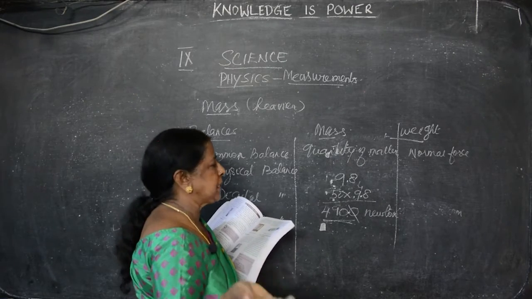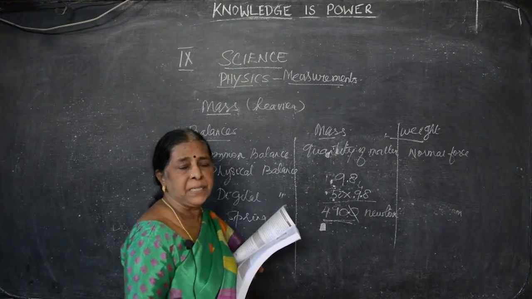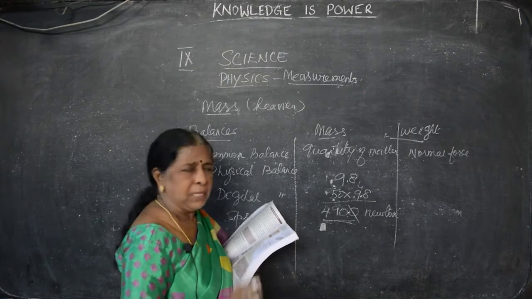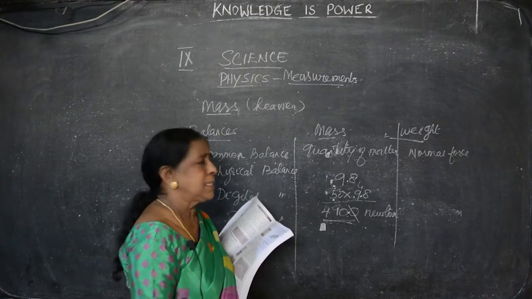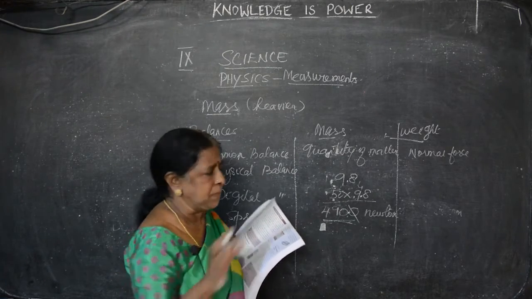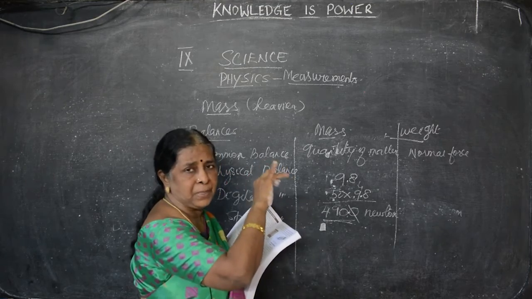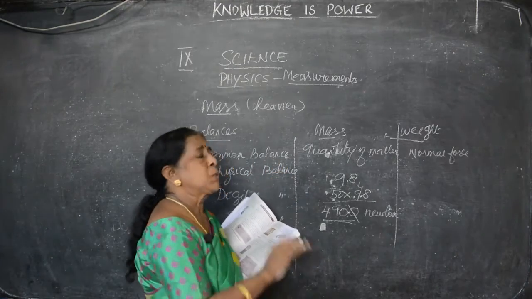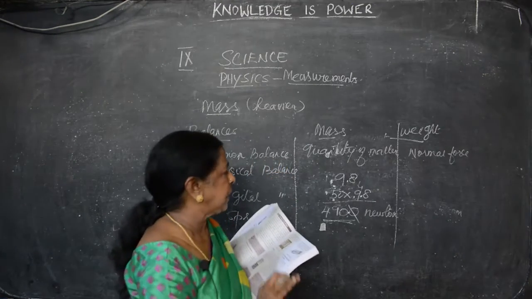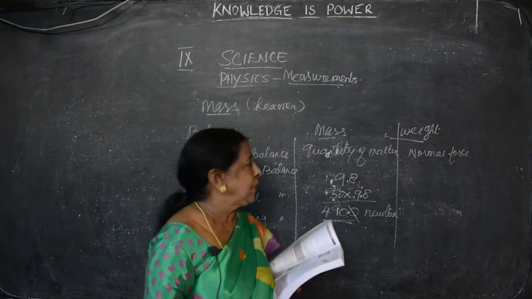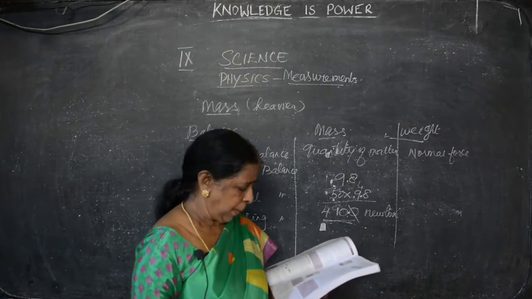A person weighs 60 kgs on the earth. What is the weight of the person on the moon? What do you have to do? You need not worry, it is very simple. First we have to find out the weight of a person, and that we have to write. What is the power in the moon? I said 9.8. So whatever the number given, you have to multiply the number with 9.8. We can find out the weight of a man on the moon.